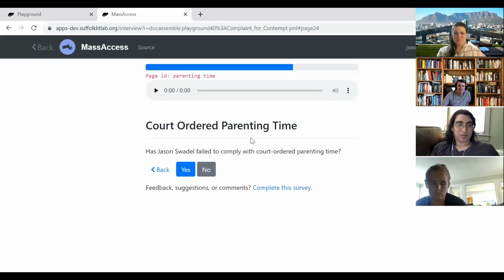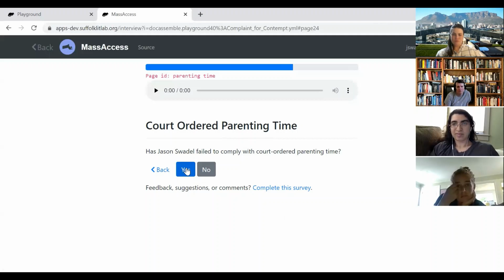So now, yeah, this goes in the parenting time, and I think should this be something that is automatic if they're clicking parenting time? I don't know what else they could mean if they clicked parenting time. If it's contempt and they're not following the parenting time order, then they've said that by the checkbox. But then again, this kind of does work as a transition to the new topic.